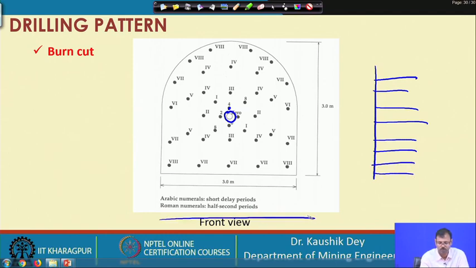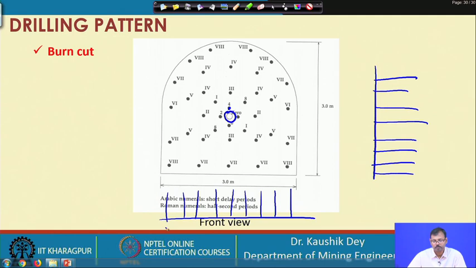If you look at the plan view, all the holes are parallel. So, basically parallel horizontal holes are drilled in the burn cut, there is no angle drilling.